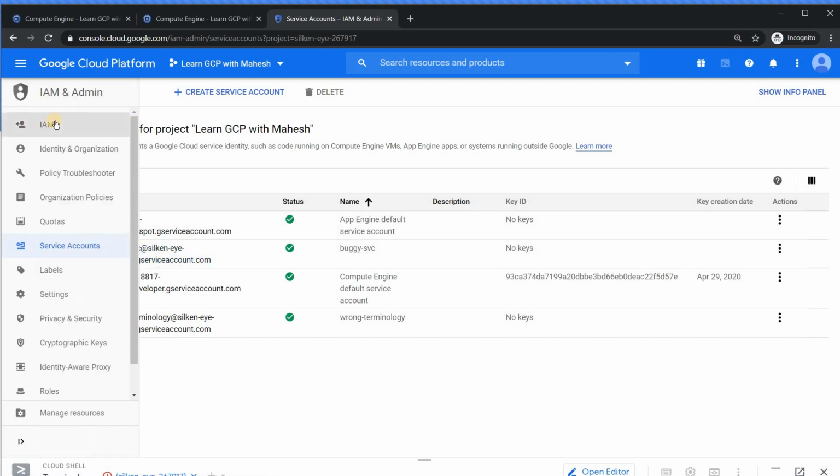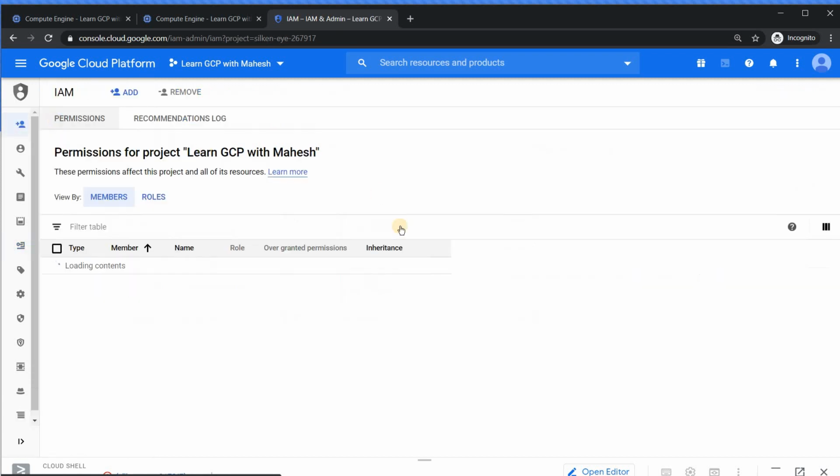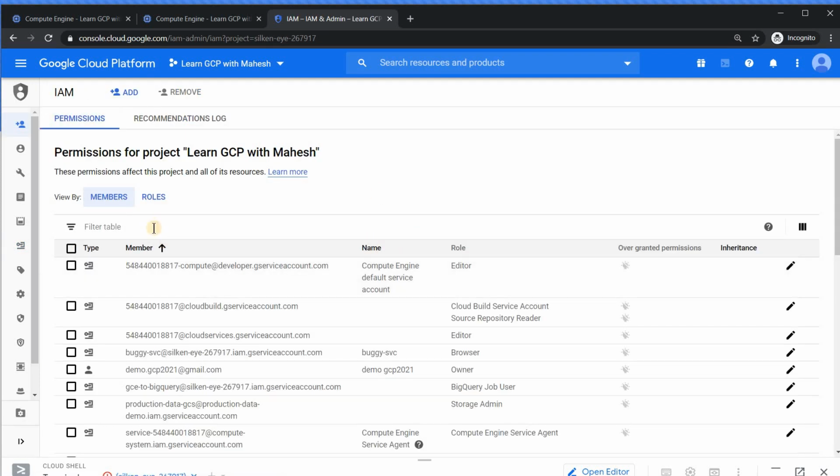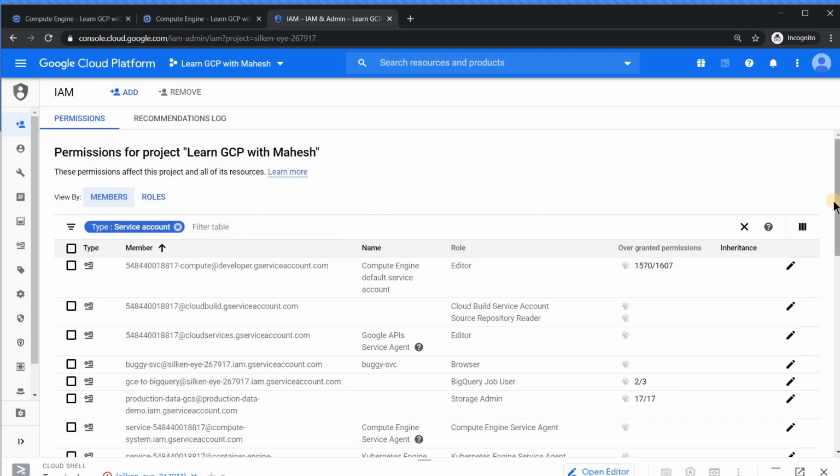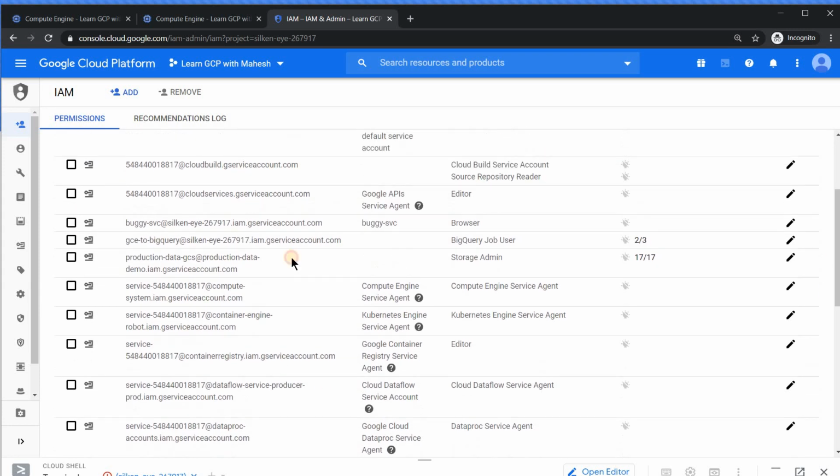If I go to my IAM screen and put a filter of type service account, you will see buggy. That's one thing. And people looking at the screen may say, where is that wrong terminology service account? Because you did not add any role to that service account, it's not coming up.